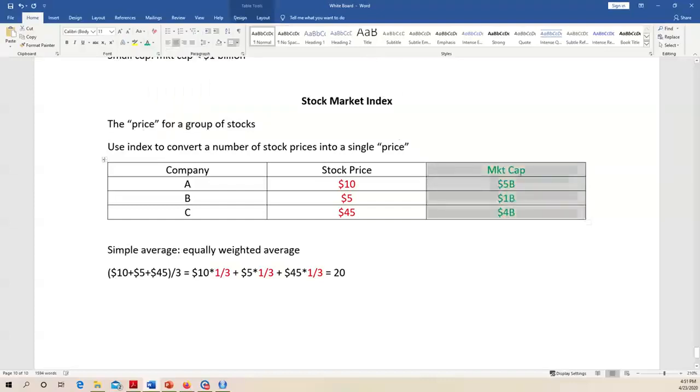Let me color this column green. For companies, we have large companies like Apple, Amazon, Microsoft, you have seen, right? We also have middle and relatively small size companies like American Airlines, United Airlines, Delta, and Panera Bread, for example. So it seems like if we treat each price equally, it does not make any sense, or this number may not truly